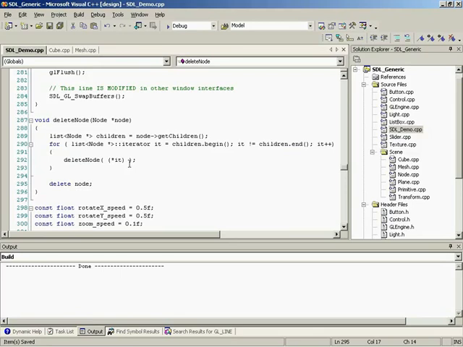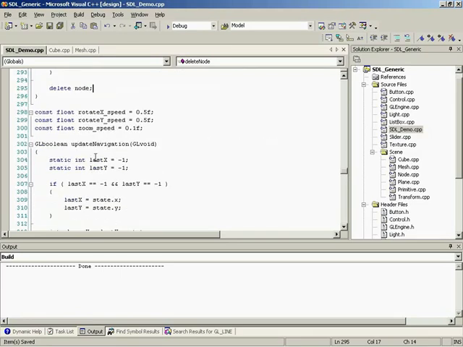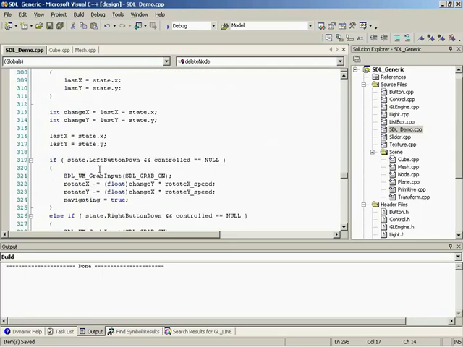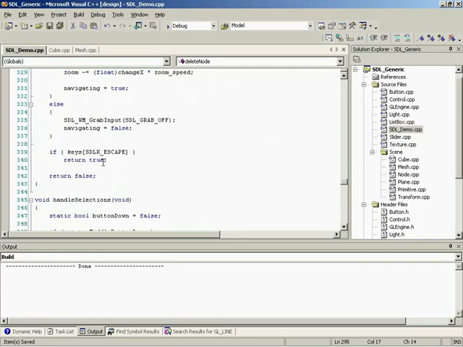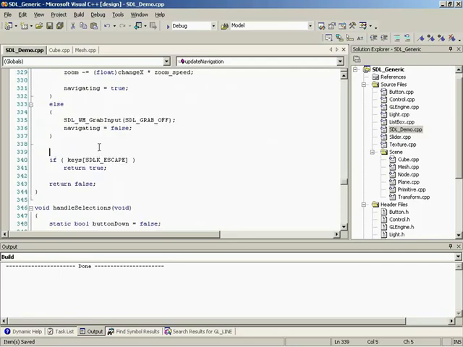But there's another thing we need to do as well. We want to delete every item that's selected, right? And before we do that, we also want to make sure that none of them have any parents. So we're going to set each of the selected items to have a set parent null, and then we're going to go through it and call the delete node for each of those. So right on the bottom, right above keys SDLK escape, I'm going to do an if keys, and if we press the delete key,